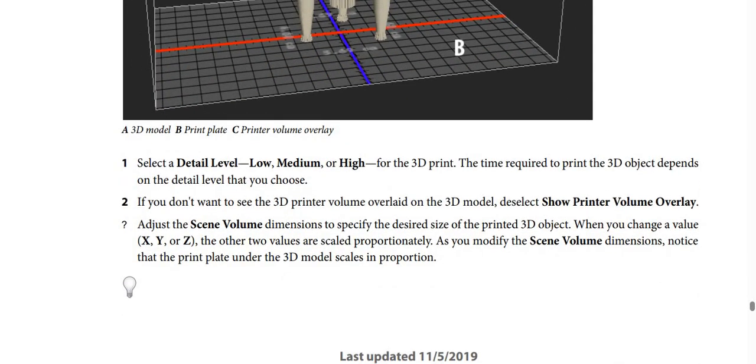Step number 1, you can select a detail level, low, medium or high, for the 3D print, and the time required to print the 3D object depends on the detail level that you choose. Step number 2, if you don't want to see the 3D printer volume overlaid on the 3D model, deselect Show Printer Volume Overlay and adjust the scale volume dimensions to specify the desired size of the